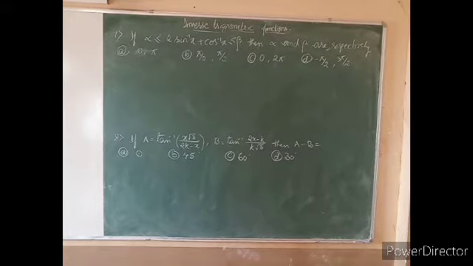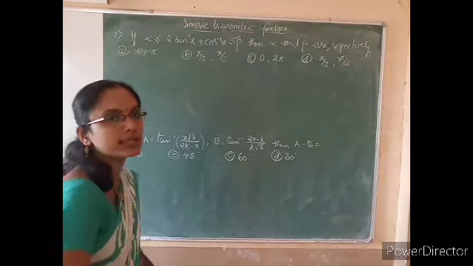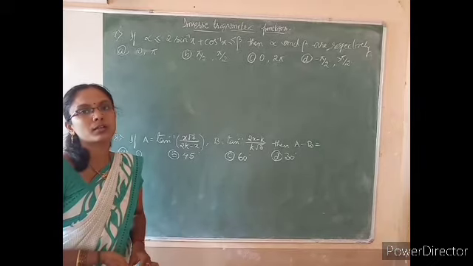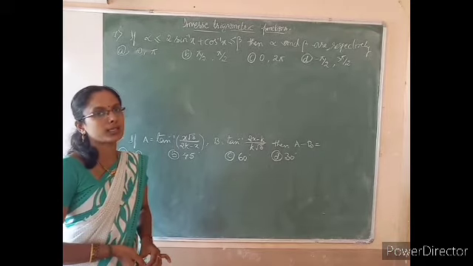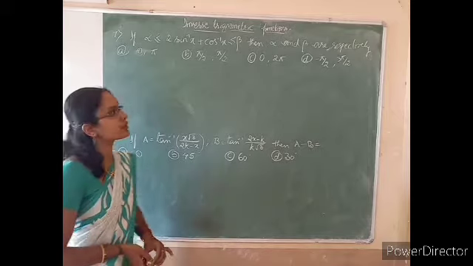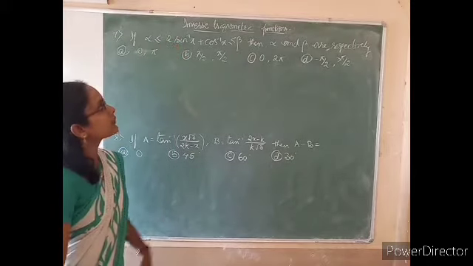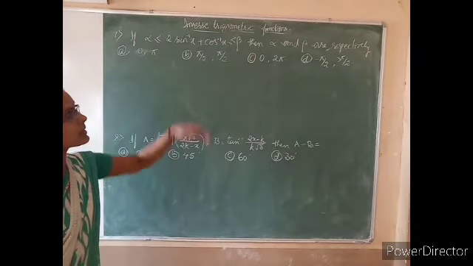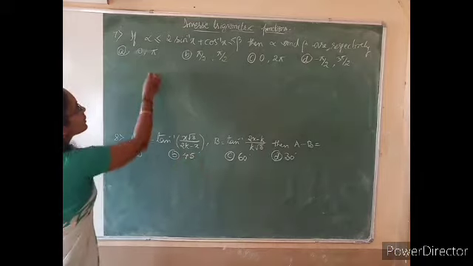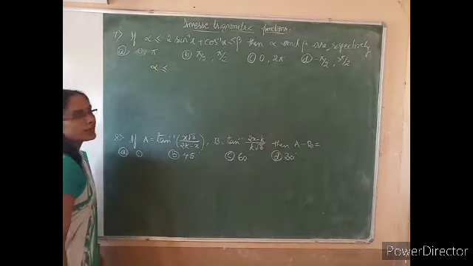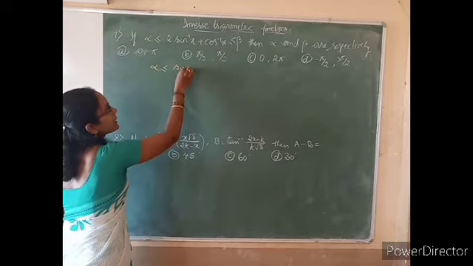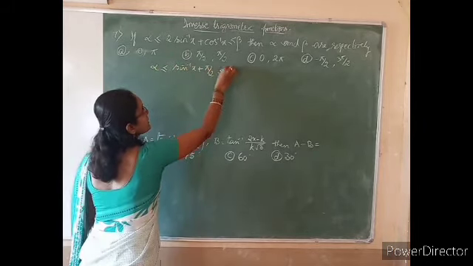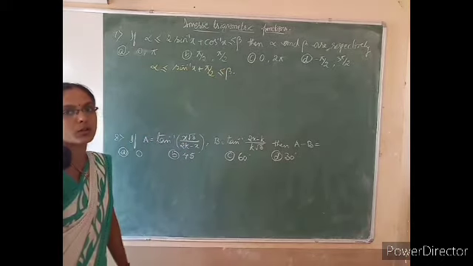We solve the seventh problem by using two concepts here. The first one is sine inverse of x plus cos inverse of x is equal to pi by 2, and one more thing is you must know the range of the inverse trigonometric function. We write 2 sine inverse of x as sine inverse of x plus sine inverse of x. So one sine inverse of x plus cos inverse of x equals pi by 2. Therefore, the given expression becomes alpha is less than or equal to sine inverse of x plus pi by 2, which is less than or equal to beta, using that concept.